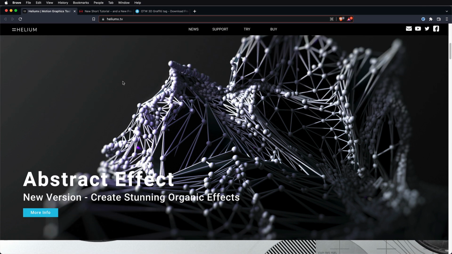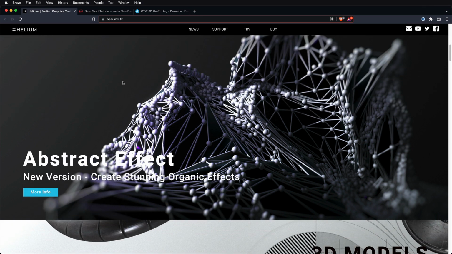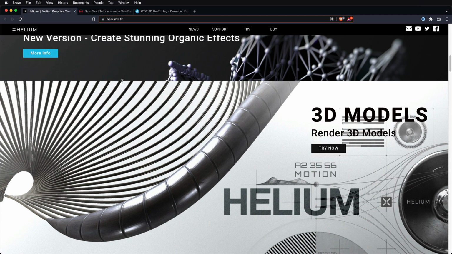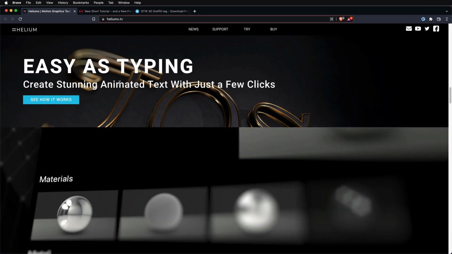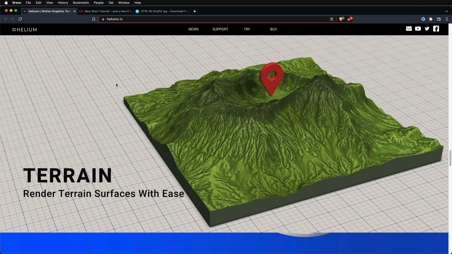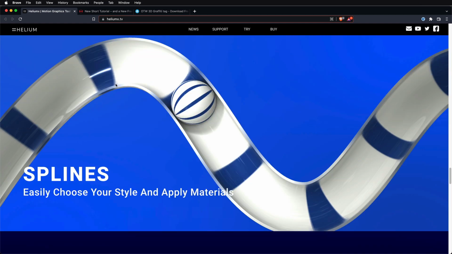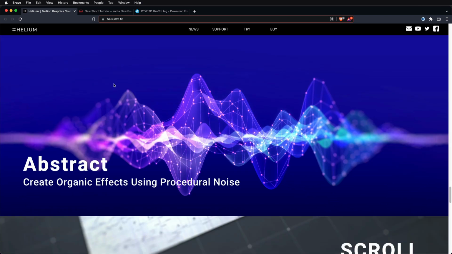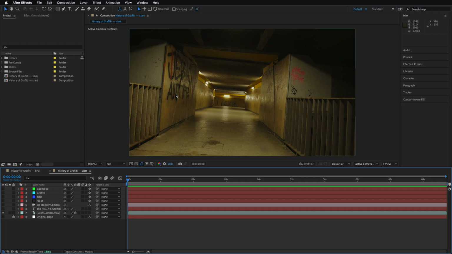You can do a ton of stuff using this effect, such as abstract effects, 3D models, 3D text, tons of materials, as well as visualization, motion graphics, terrain, splines, and lots of other stuff. I'm not going to cover everything this tool has to offer, so go ahead and try it on your own. For now, let's bring back After Effects to the front, and I'm going to show you what I did in